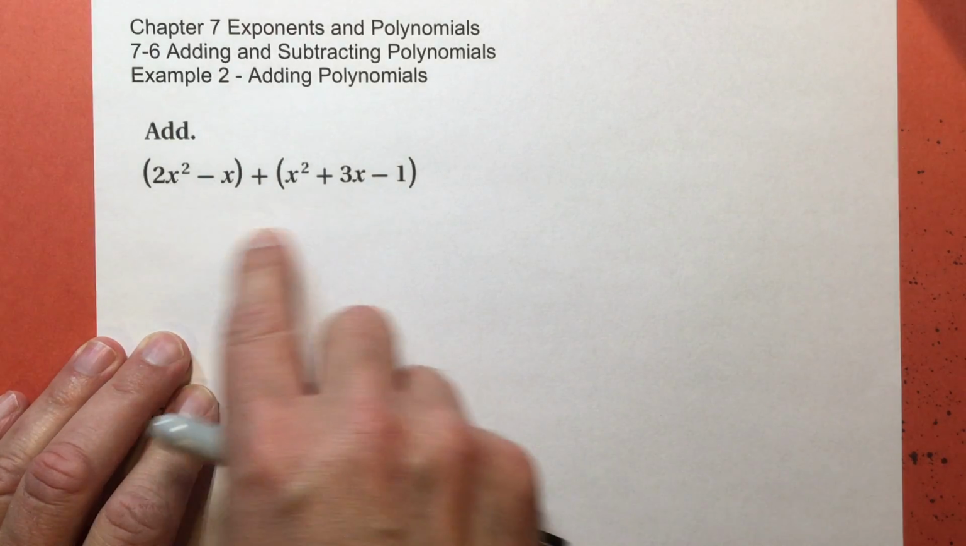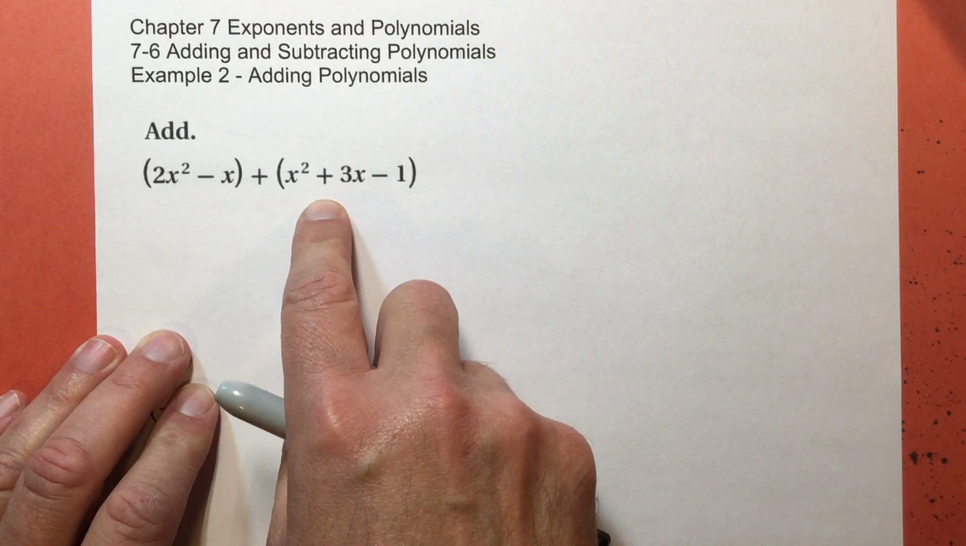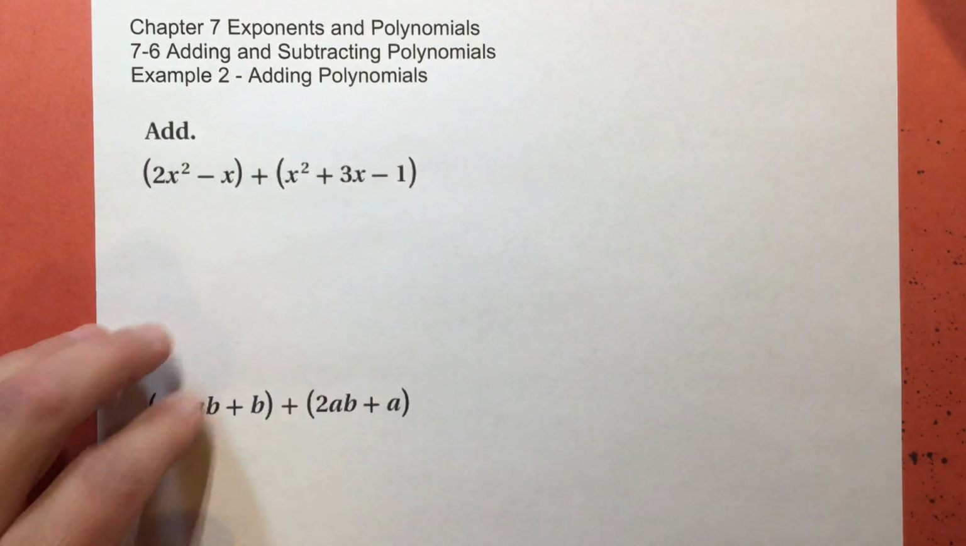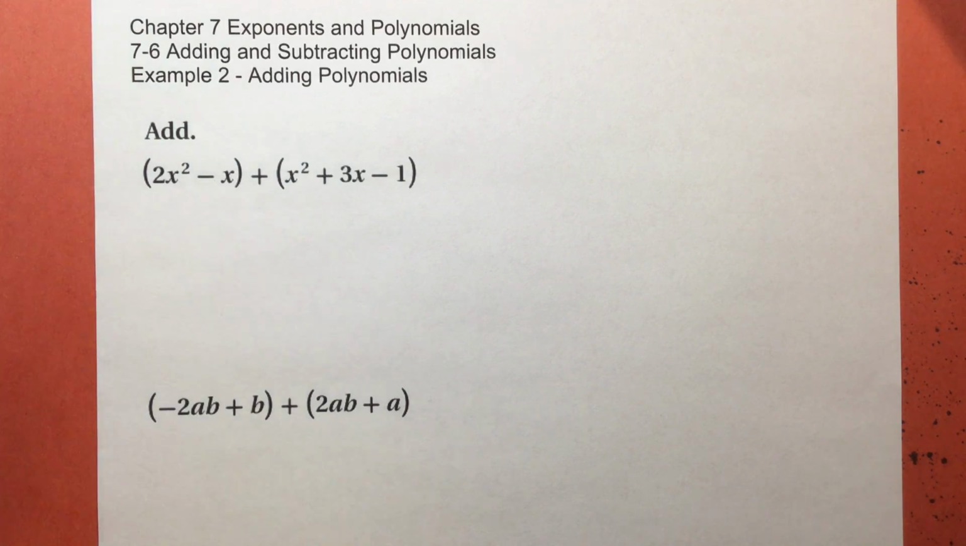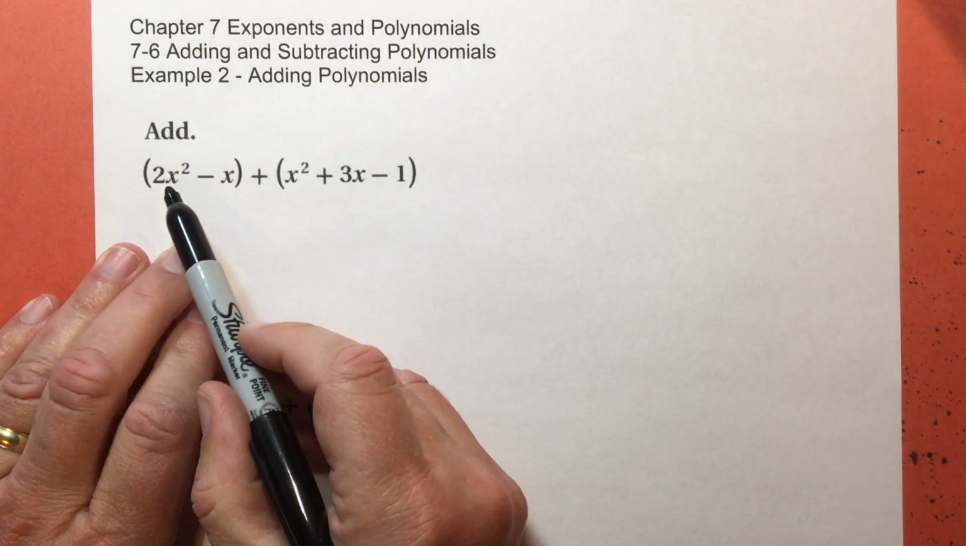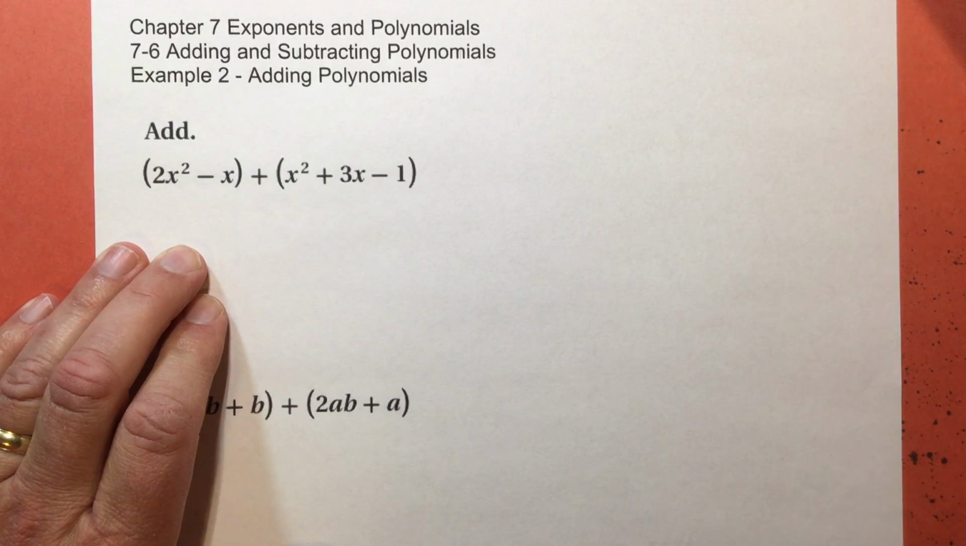When I add this binomial with this trinomial, I'm still going to add, like I said in the previous video, like terms. Those are terms that have the same variable and they're raised to the same exponent. So if we think geometry, they have the same overall shape. Now here's what I think is really cool about this. I'm going to add like I normally add